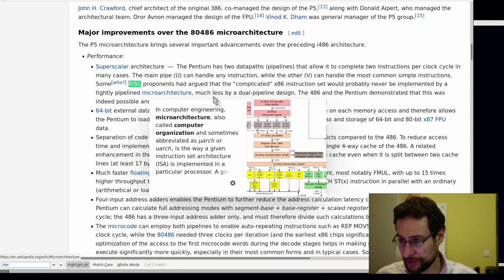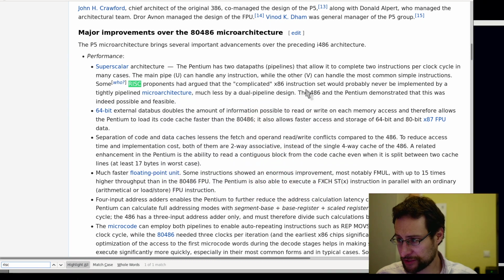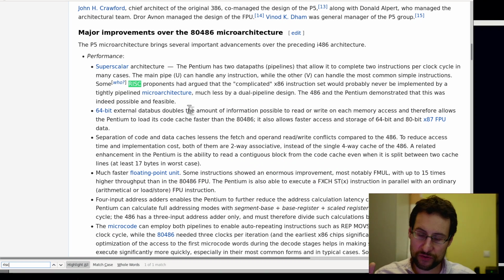RISC proponents had argued that the complicated x86 instruction set would probably never be implemented by a tight pipeline microarchitecture, but the way they do this, of course, nowadays is decoding, what we just mentioned in the other live stream with Intel and AMD. The Intel Atom, the first microarchitecture from Intel in decades to execute x86 instructions natively, because since the P5 or so design,